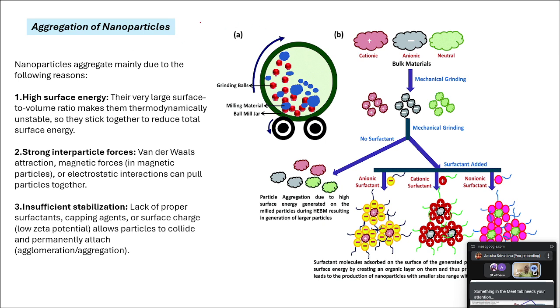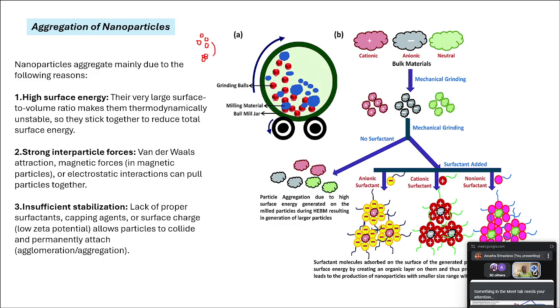So one problem that any of the techniques, whether we are talking about this ball milling, self-assembly, or synthesis of nanoparticles via ultrasonic atomization, all of these techniques, if you're not taking proper care of it, if there is not proper capping or shielding, there would be aggregation of nanoparticles. Now, what does aggregation actually mean? Suppose these are your nanoparticles. So aggregation means if there is no proper force of repulsion, they would come together and aggregate. And once these aggregates are formed, they lose their inherent characteristics.